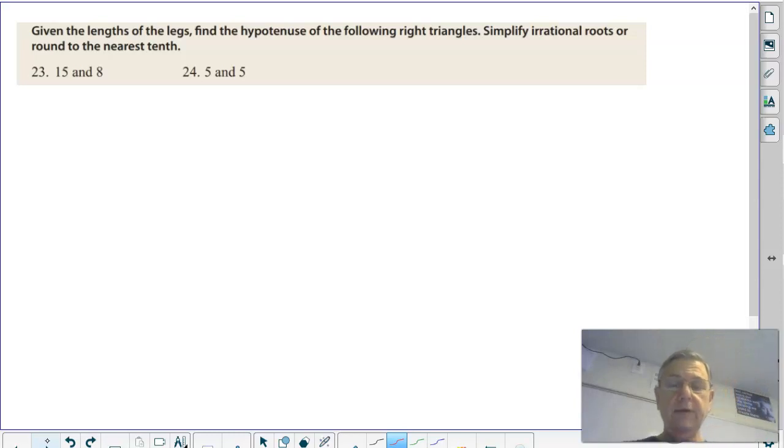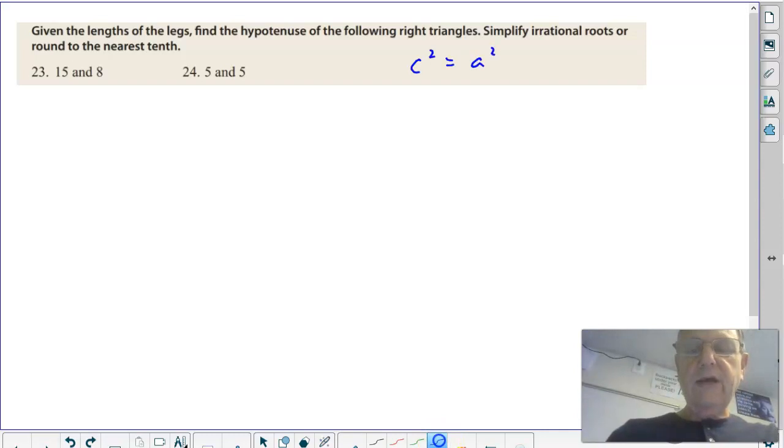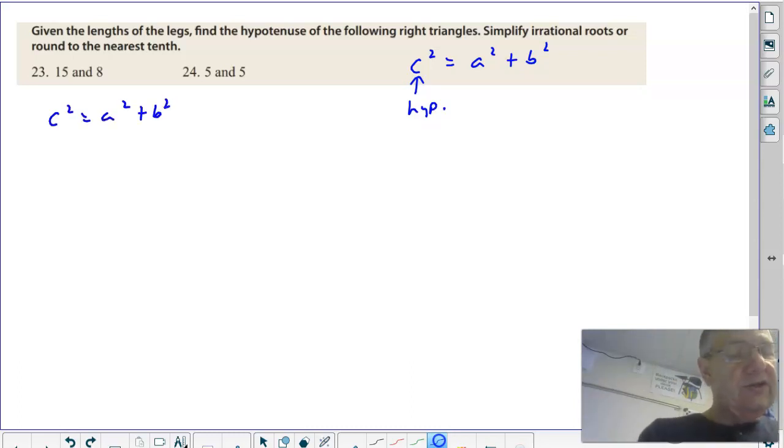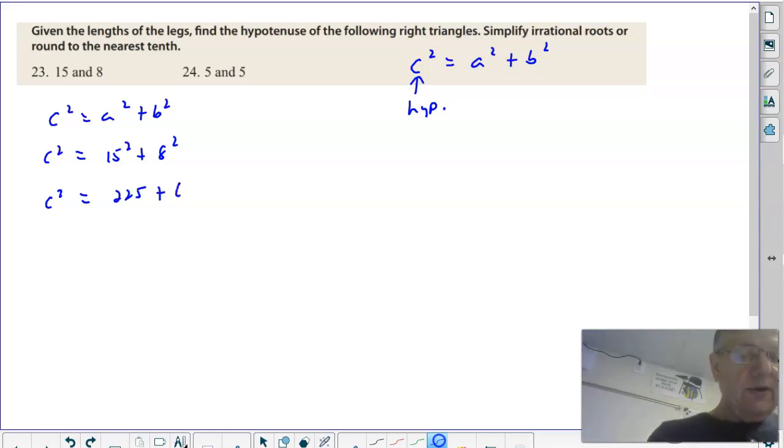Given the lengths of the legs, find the hypotenuse of the following right triangle, simplifying irrational roots. All right, so, Pythagorean theorem. c squared equals a squared plus b squared. And you have to remember that this is the hypotenuse, so that's what we're looking for. So the formula: c squared equals a squared plus b squared. I should have seen c squared equals 15 squared plus 8 squared on your paper. You could do the c right now or just leave it c squared. 15 squared is 225. 8 squared is 64. c squared equals, add those up,